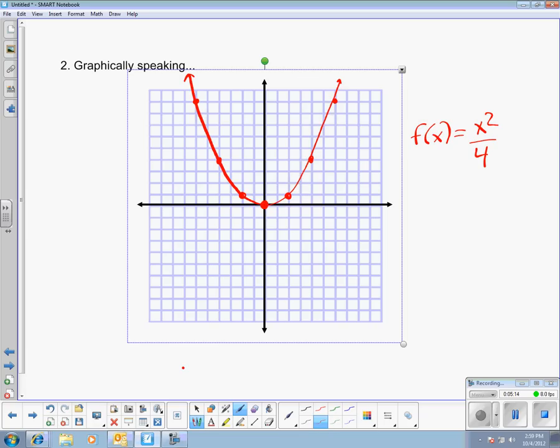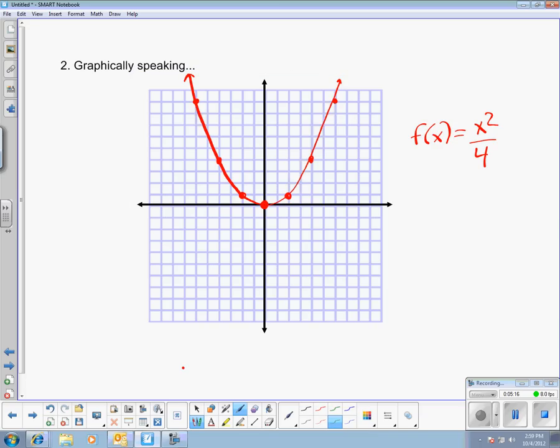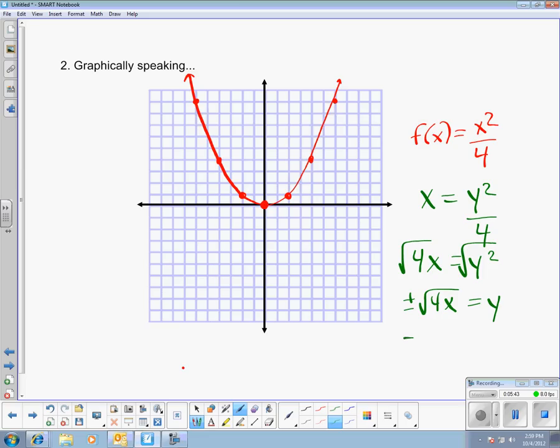Okay, so this function's inverse, which you could call g or you could call just f inverse. If I switch my x and my y, I get x equals y squared over 4, and then I get 4x equals y squared. Then I square root both sides, and then I get plus or minus, because when I square root y squared, I'm going to eliminate half of my answers if I don't do this plus or minus. Plus or minus the square root of 4x equals y. And I can get that 4 out of there and make it plus or minus 2 times the square root of x equals y. So that's just another example of finding an inverse,